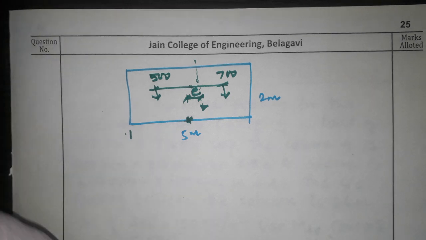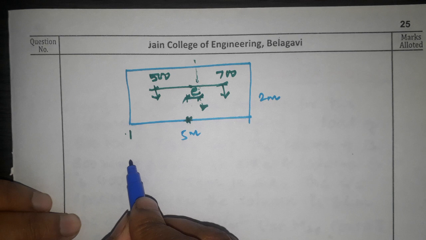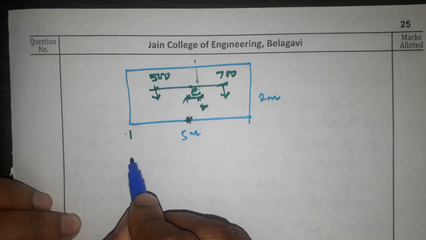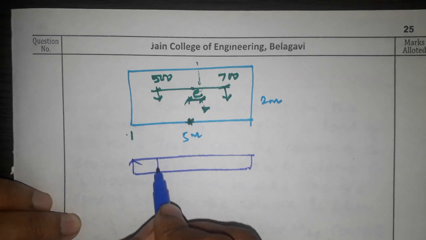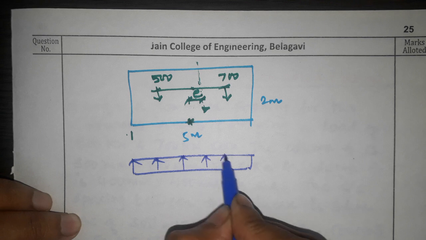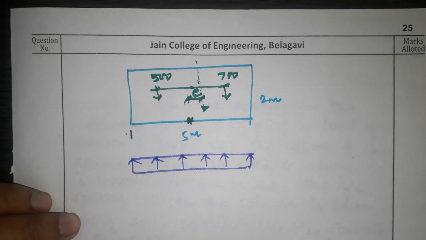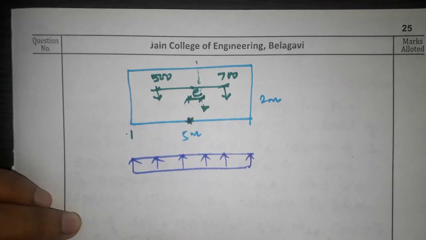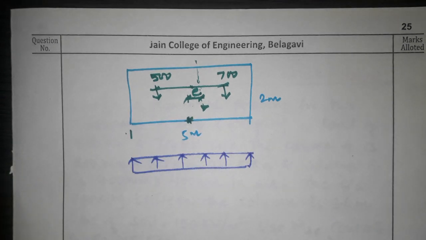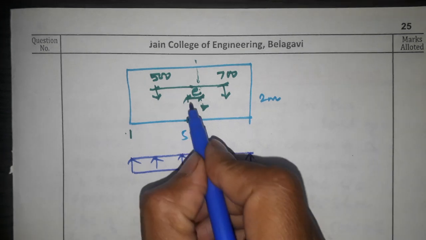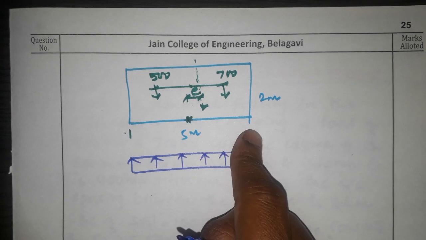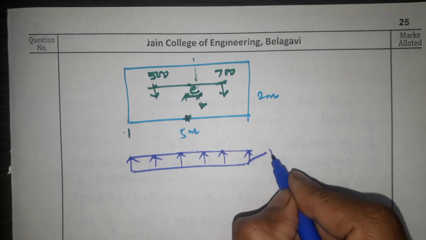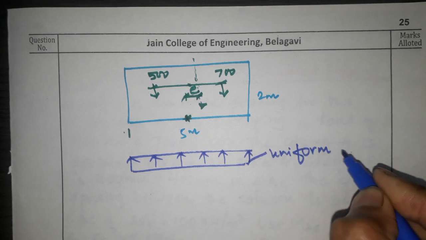Okay, what will happen when you maintain the CG in the same line? The pressure will be uniform. The pressure that the soil develops will be uniform when the CGs coincide. If it is not like that, when we have eccentricity and you are not able to adjust both the CGs, then this is uniform pressure.